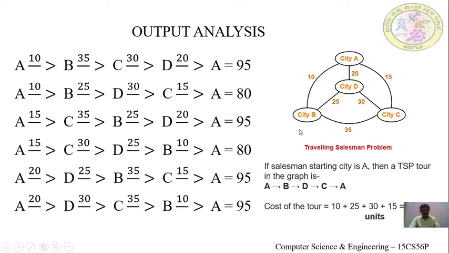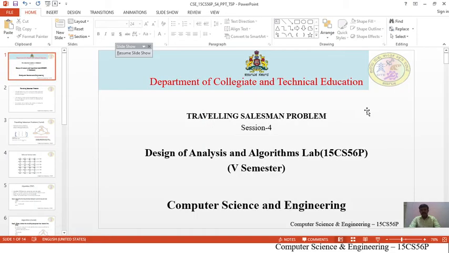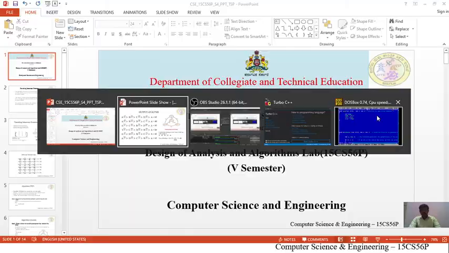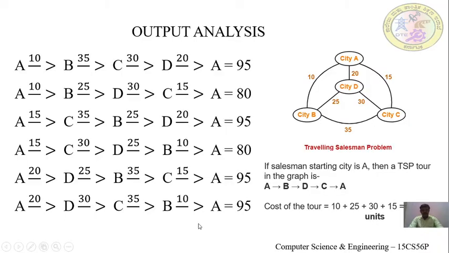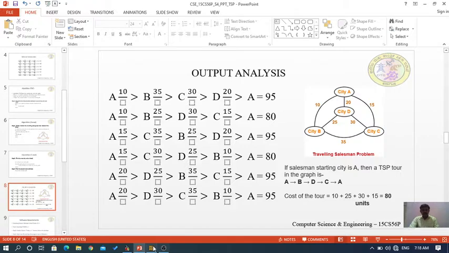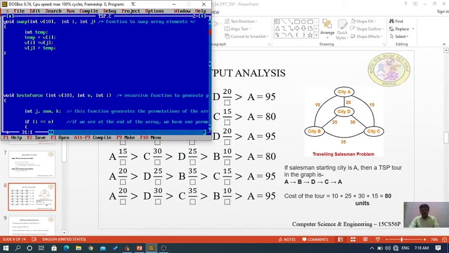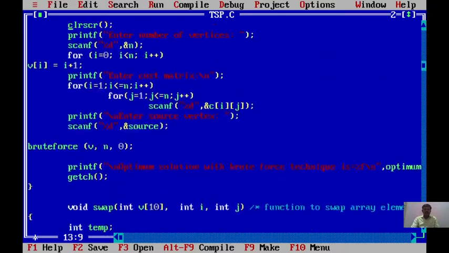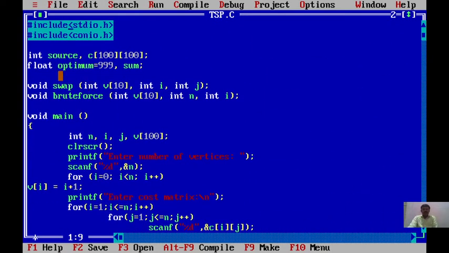Let us discuss the program part. These are the global declarations, and we need to declare the two-dimensional matrix and assign the value for the optimum variable.